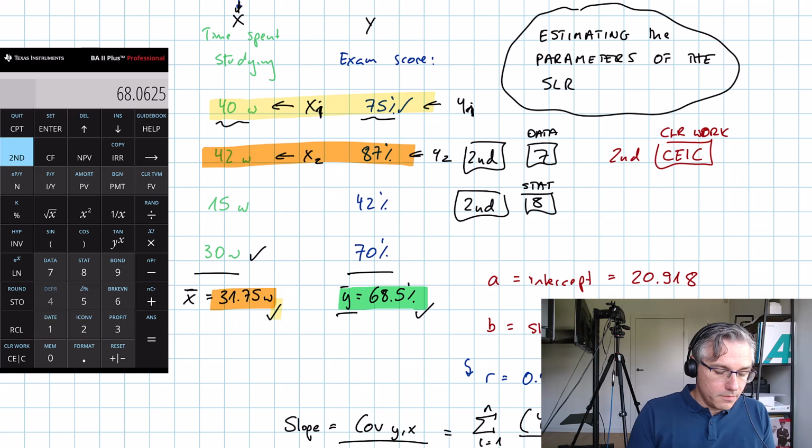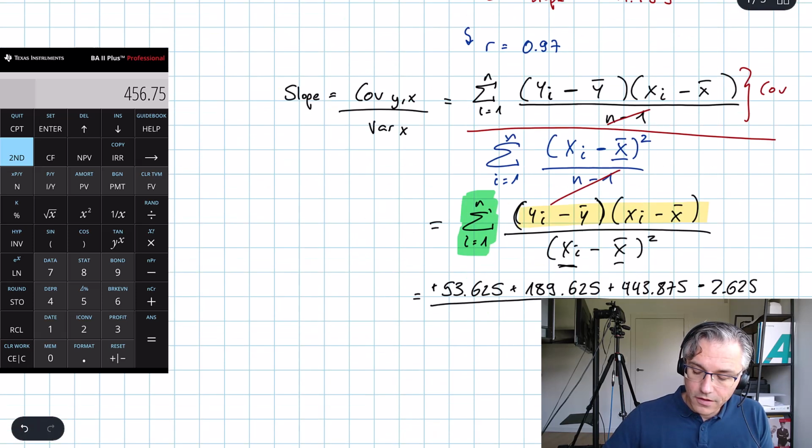Open bracket 42 minus 31.75 close bracket, square it, plus open bracket 15 minus 31.75 close bracket, square that, plus open bracket 30 minus 31.75 close bracket, square that, equals, okay, 456.75